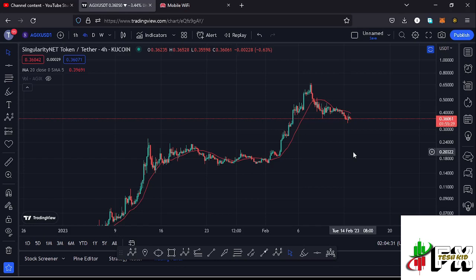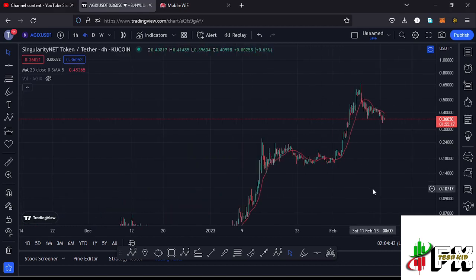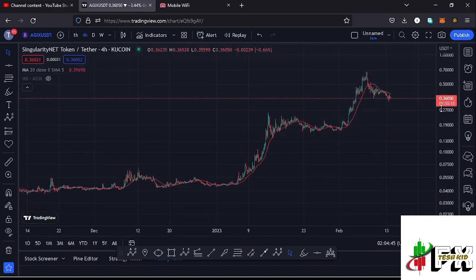Here on the Agix chart, at the time of this recording, we have lost the 20-day MA on the 4-hour chart, which is now acting as resistance. We have also continued to obey the Elliott structures, and before I get further into the technical analysis and give you my next price targets here on the Agix chart,